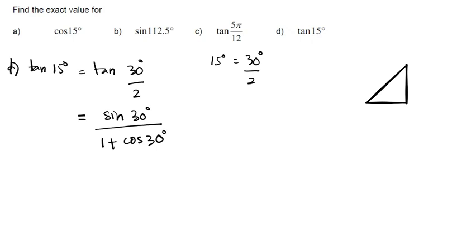So we know that 30 degree, so here is 1, 2, square root of 3. So substitute sine 30 over 2 divided with 1 plus square root of 3 over 2. So we get the answer is 1 over 2 plus square root of